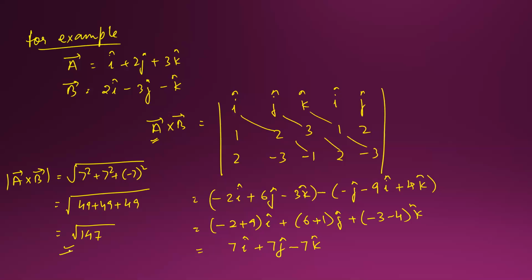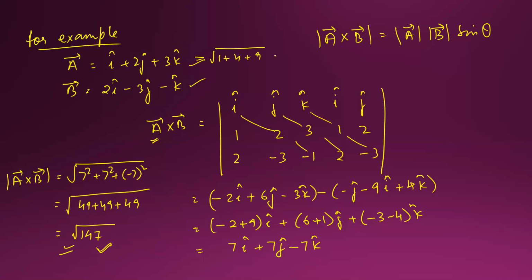And then we have to apply it in that formula, that is mod of A vector cross B vector, and this is equal to mod of A mod of B sine theta. So I can also find the angle between these two vectors. How can I find the angle? As I have found the modulus of A cross B, I can find the modulus of A vector, and it will be 1 plus 2 2s are 4 plus 3 3s are 9. This value will be root under 14. In the same manner, 2 2s are 4, 3 3s are 9, and this will be 1. Here the value is root 14.